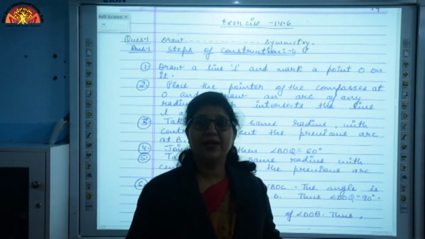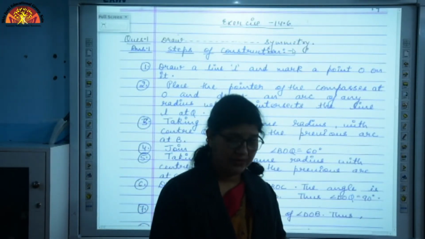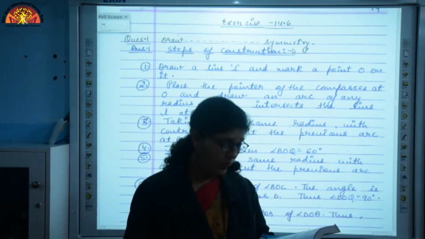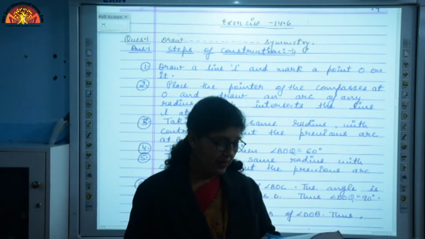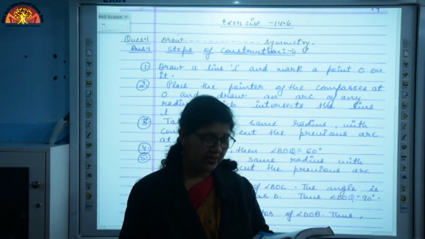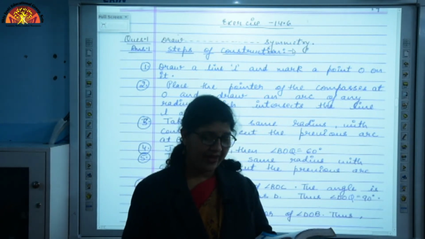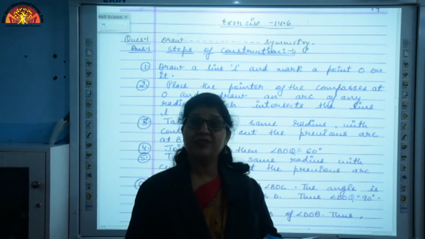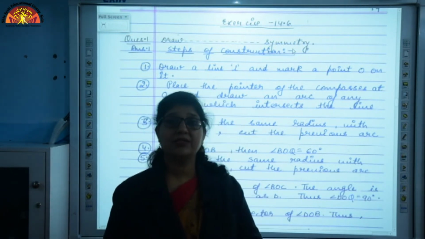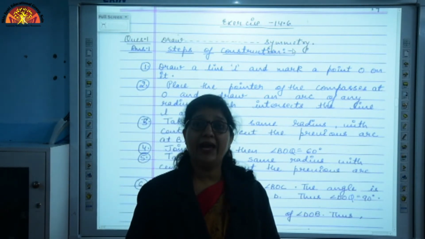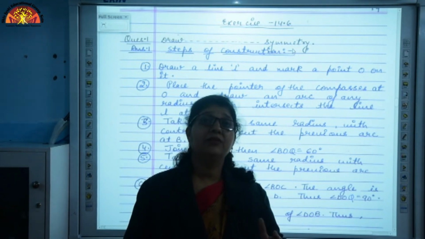Let us see exercise 14.6, question number 1. Draw angle POQ of measure 75 degree and find its line of symmetry. Now we will discuss bisector of angles. We divide two